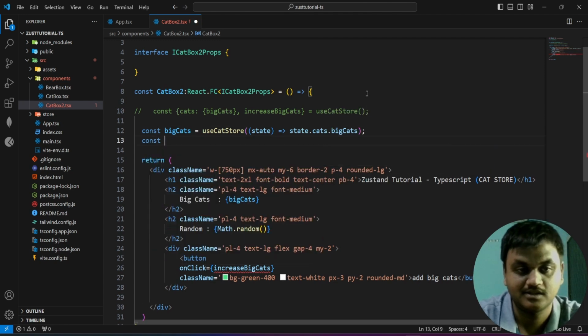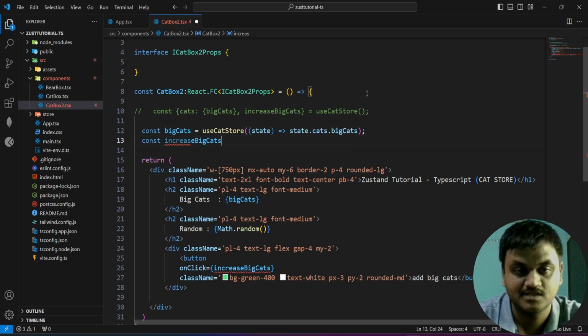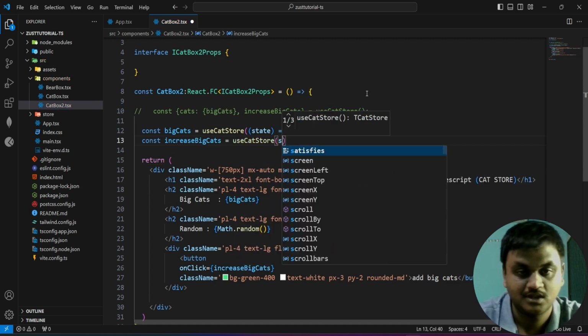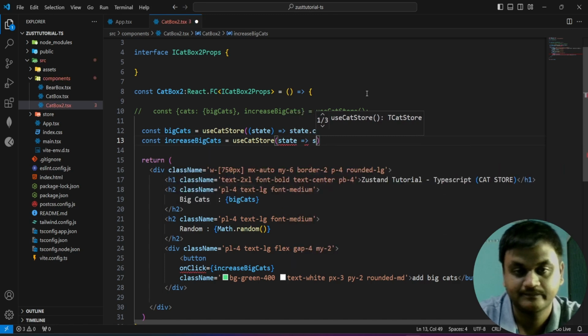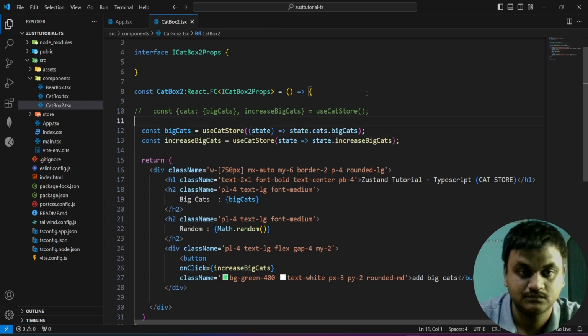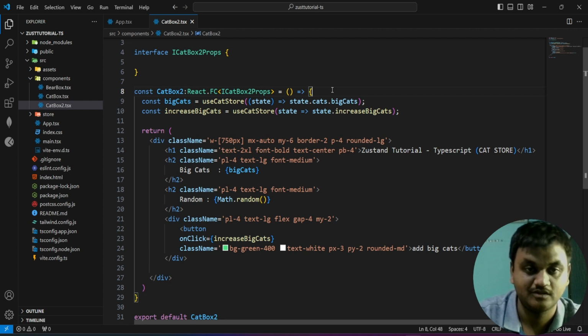And the increment method also, I mean the action, increase big cats: useCatStore state dot increase big cats. Instead of selecting all the properties from useCatStore at a time,